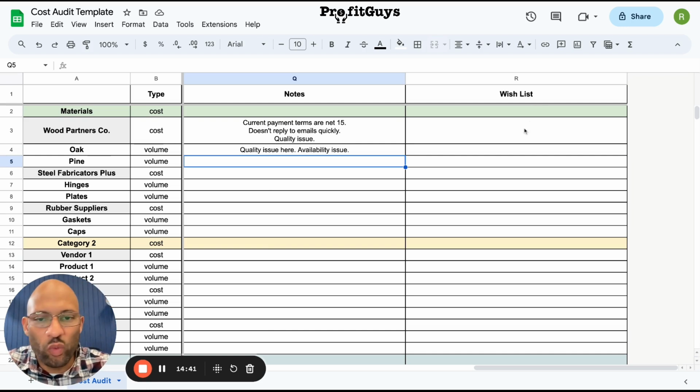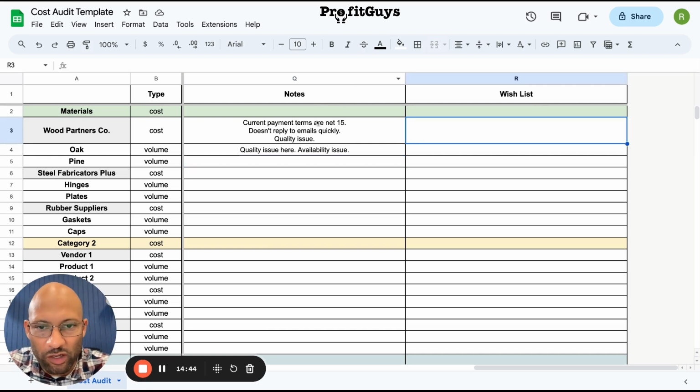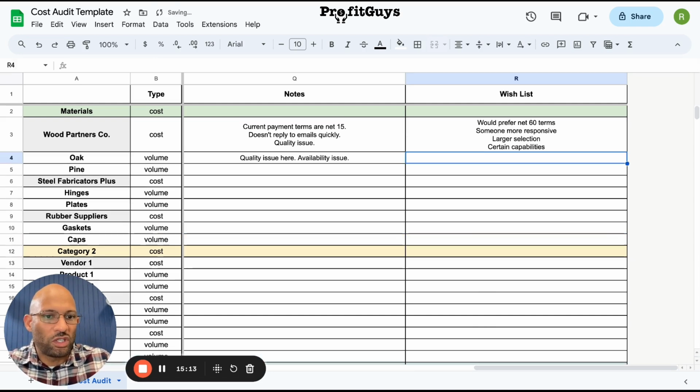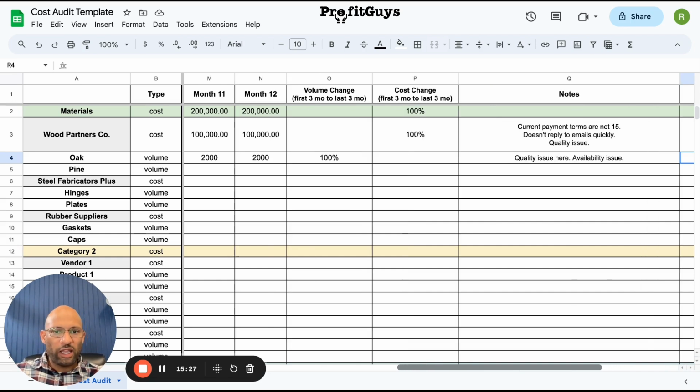In the next column, it's your wish list. So if there's any issues that you identified or noted in the notes column, you're probably going to want to add those things to the wish list. So maybe it's would prefer net 60 terms, someone more responsive, larger selection. Maybe it's certain capabilities that you wish they had. Okay. So this becomes basically your playbook,